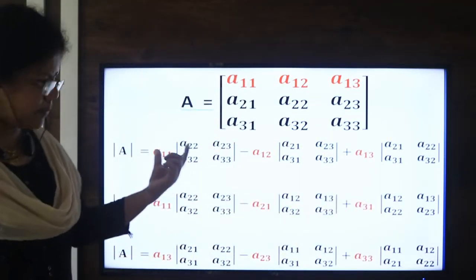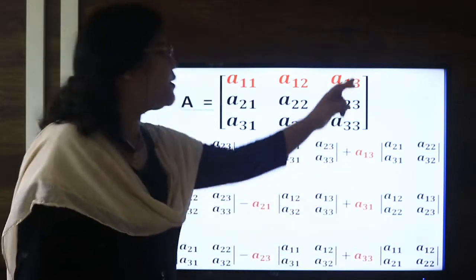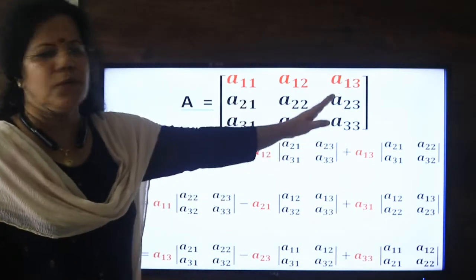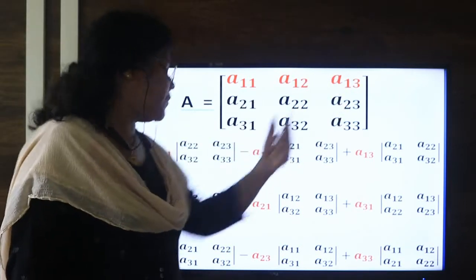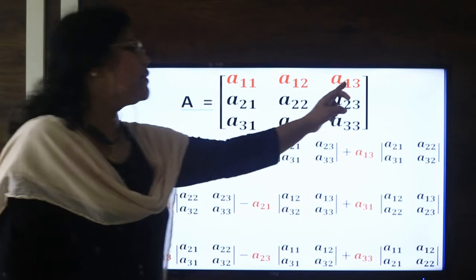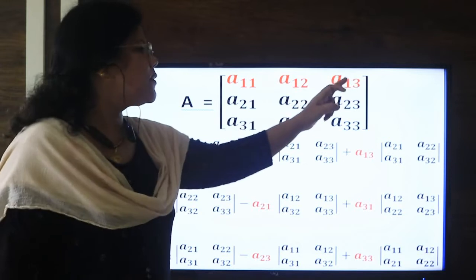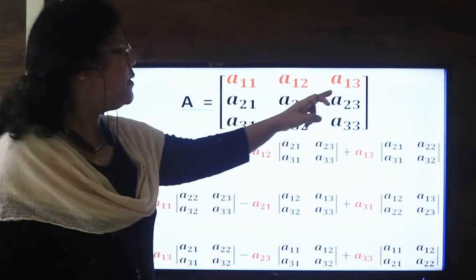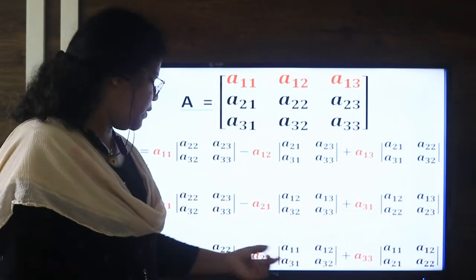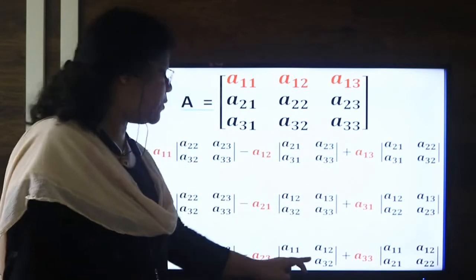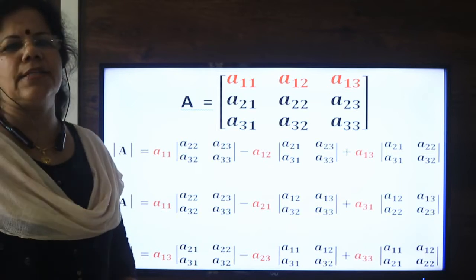I did not write it out totally. Now, the third expansion, A13, A23, A33 is used. That is the last column. Expanding this determinant using the last column, you see A13 into. It already starts from A13 on the positive side, because 3 plus 1 is 4, negative 1 to the power 4 is a positive number, right? It is plus 1. So it is A13 into, deleting that column and row, A21, A22, A31, A32, and similarly it proceeds, minus A23 into the resulting determinant, plus A33 into. So this is the way of calculating the determinant.